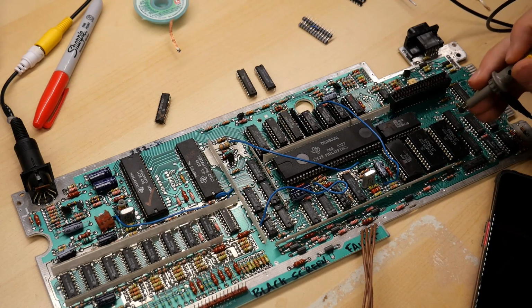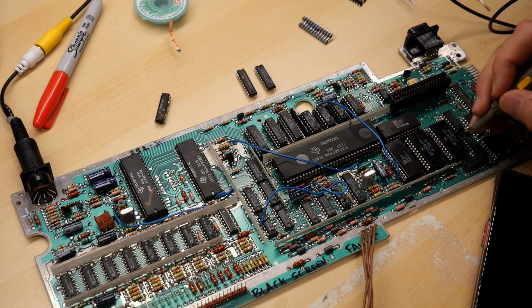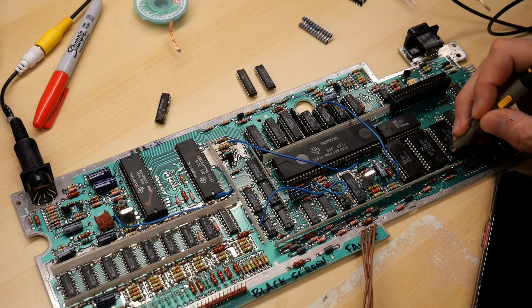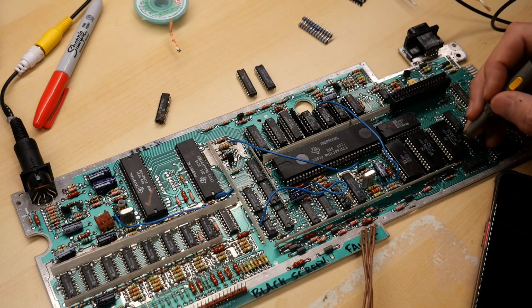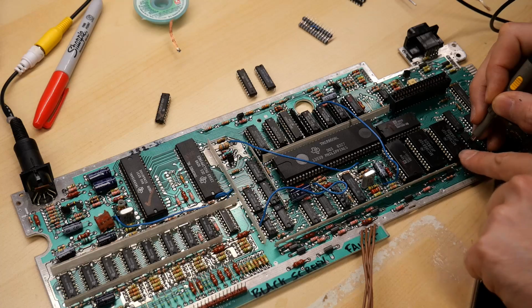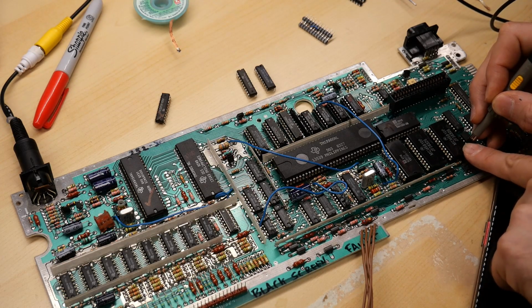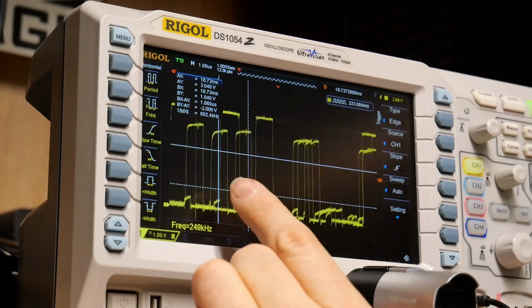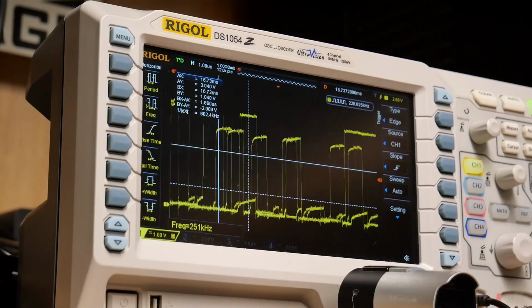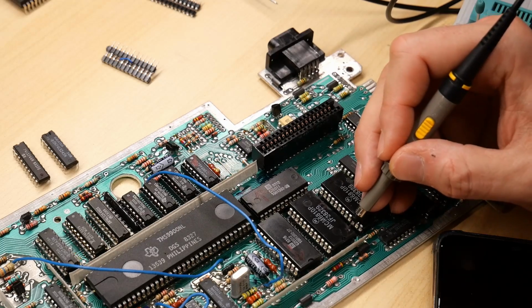So the SRAMs, I think, came out unscathed. I don't have a way to test these, but I think they're all right because I can swap these around. So this pin right here is the one that got 12 volts, and I see strangeness on the oscilloscope, right? But when I switch these 2 chips around and I look at this pin over here in this socket, which of course is the chip that got the 12 volts, I see normal signals on this pin. I'd imagine if this chip got damaged, we wouldn't be seeing completely normal activity on this data pin. But swapping these chips into any configuration, the bad pin is always this one that looks bad,